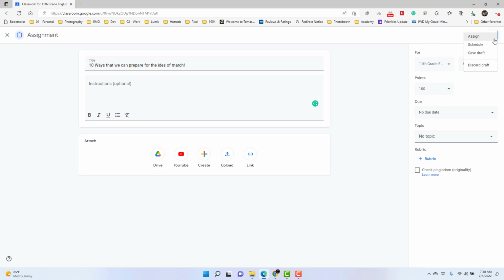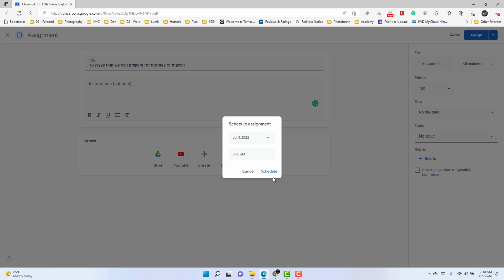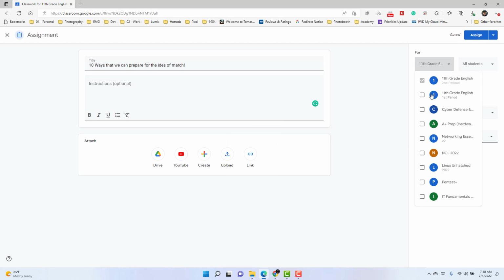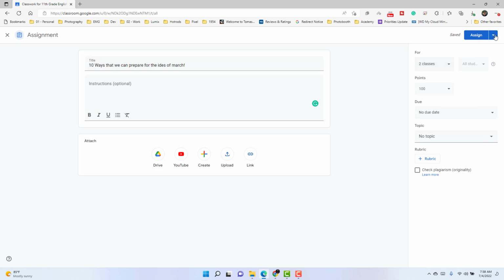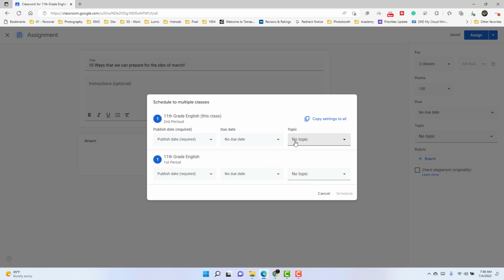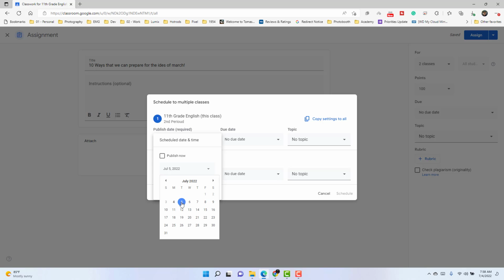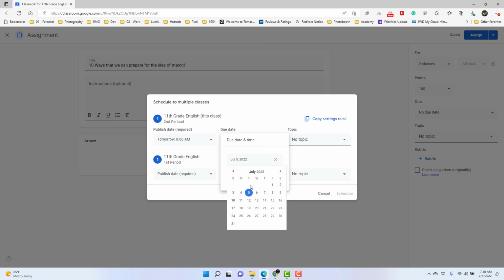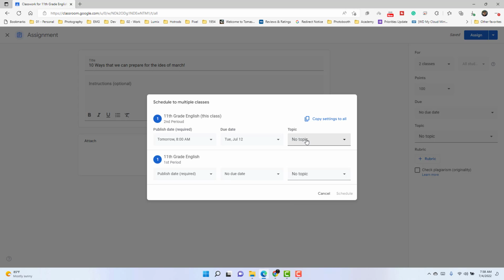So now when I go up to this schedule button, what I can do, actually I have to assign, once I do this little check mark here, it'll actually allow me to then schedule that for both of those classes. So our first 11th grade English, which is this class that we're in, we're going to publish that first thing tomorrow. We'll give our kiddos a week to do it,